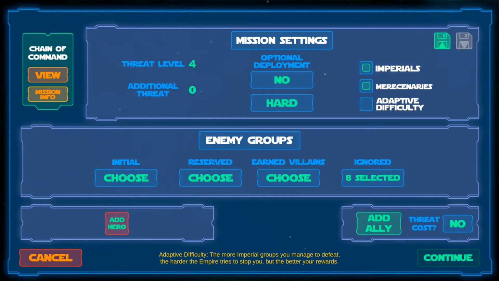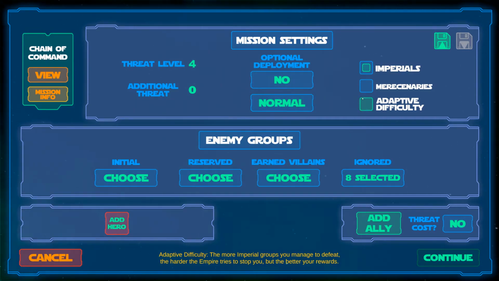Since Chain of Command is a story mission, I'm not doing it right now, but I could if I wanted to set me an extra challenge. Next, select the desired difficulty level. To the right, you can choose which factions the app uses for open groups. By default, both factions are turned on, but some missions exclude one faction. Chain of Command, for example, doesn't allow mercenary units, so I'm just going to switch them off.